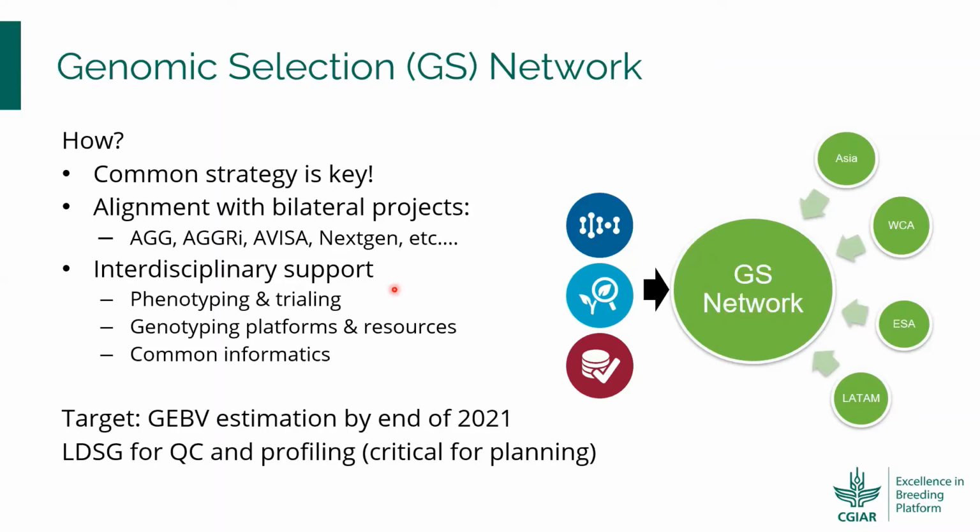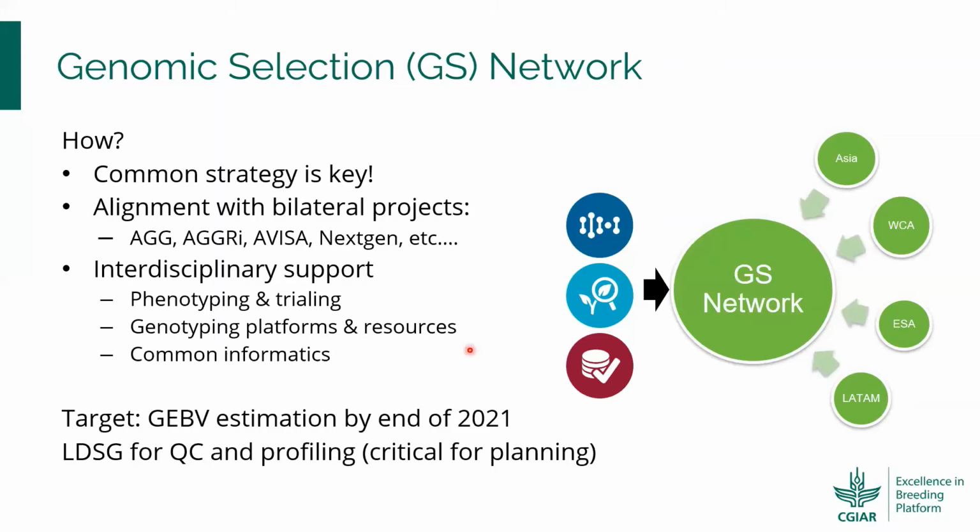So genomic selection often requires marker densities in the thousands, a threshold where low-density platforms are no longer cost-effective. However, there are actually a couple of niches where LDSG can still be leveraged to prepare the CGIAR and NARs network to implement GS. Through the EiB NARs module, and similar to the earlier slide on trait augmentation, many programs, especially NARS, have been using LDSG extensively to perform initial QC and profiling, especially on these priority crops,